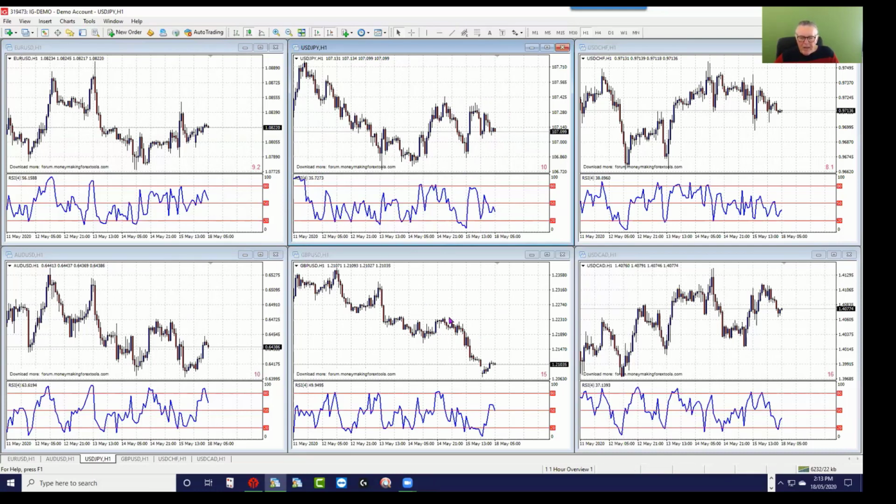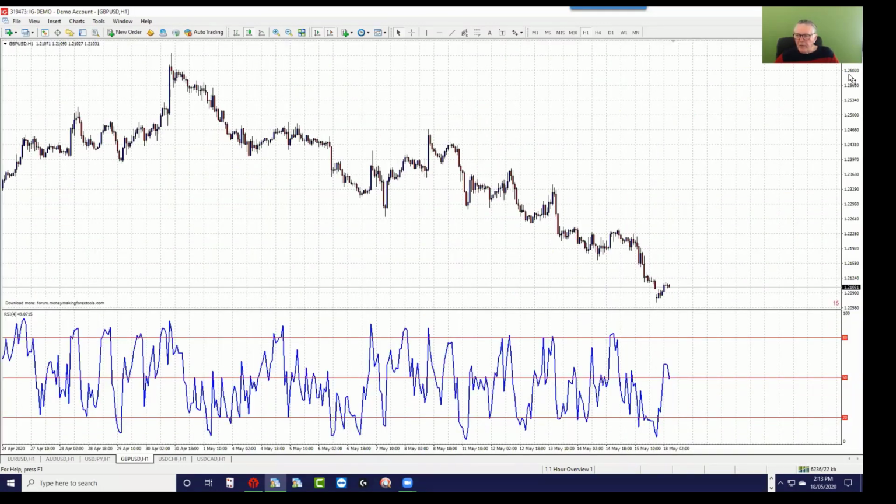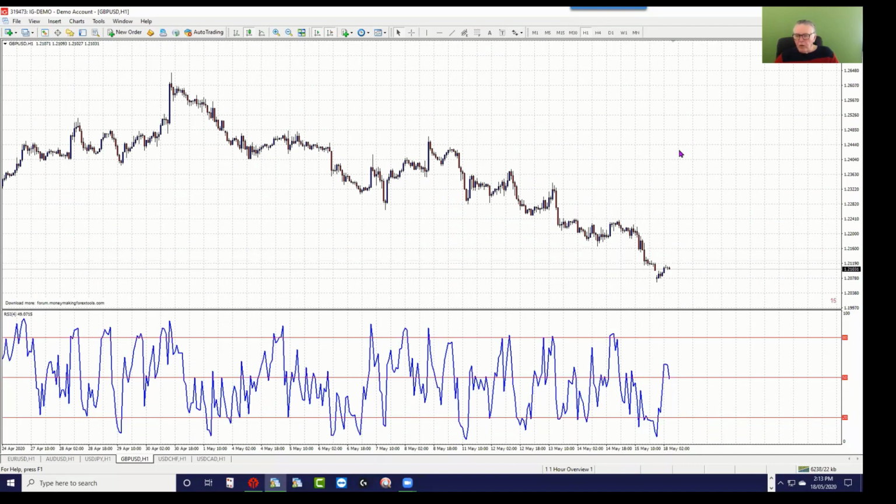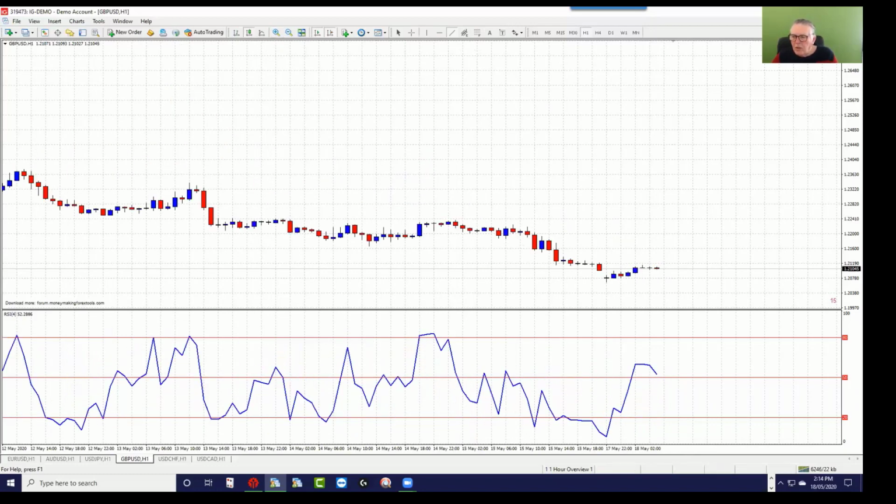This one, remember the pound we said is trending quite strongly, and here's the strategy for the pound. Just a note: when the pound starts trending, don't stand in its way by trying to trade against the trend. So what are the options? Let's make this bigger first. So the options are